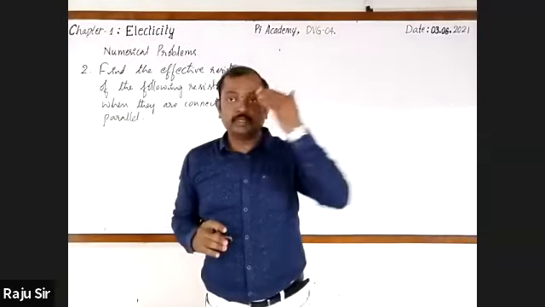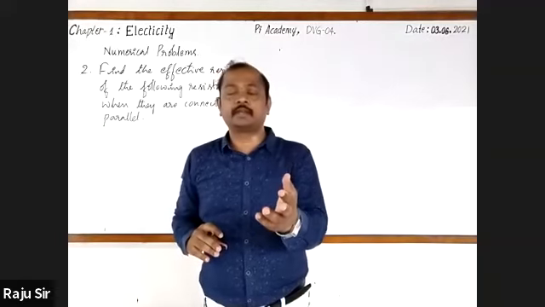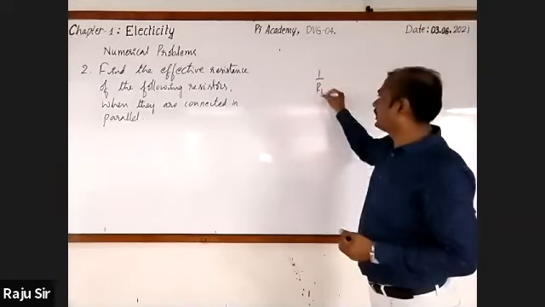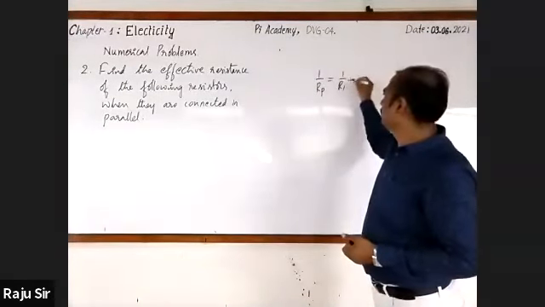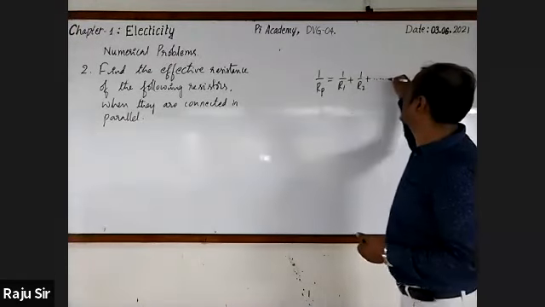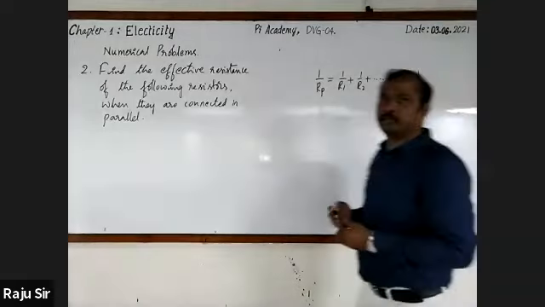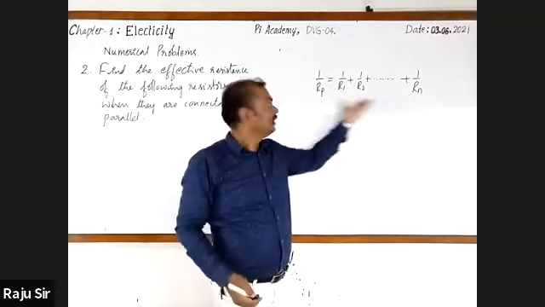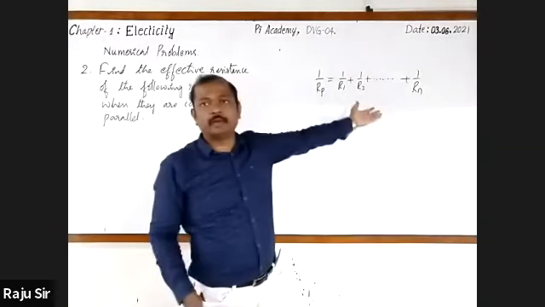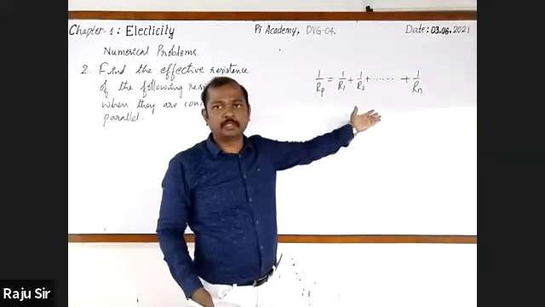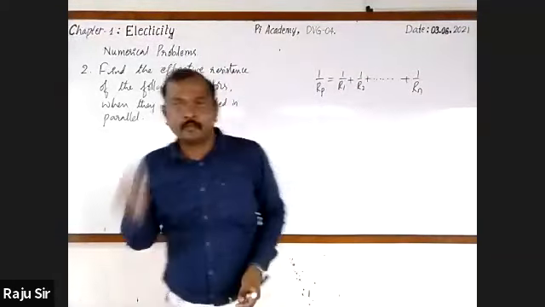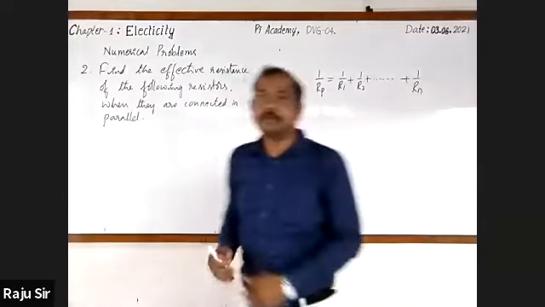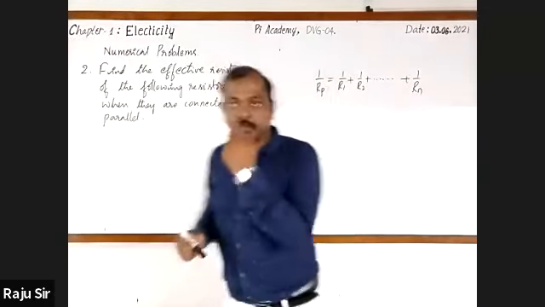Dear students, you all know the formula that we use to find the total electric resistance when the resistors are connected in parallel. That is 1 by Rp is equal to 1 by R1 plus 1 by R2 plus so on, plus 1 by Rn. So here it all depends on the number of resistors that we are going to take. In this case, we have taken n number of resistors. Hope that you have understood. Have you got it? Okay, that's good.